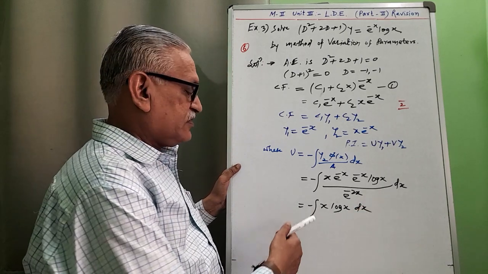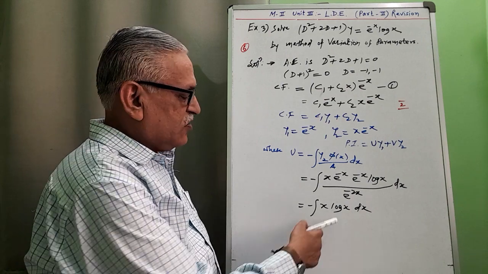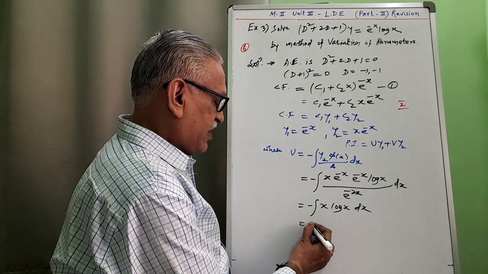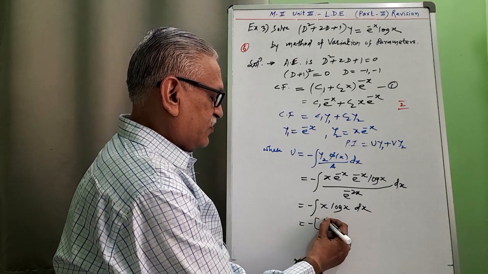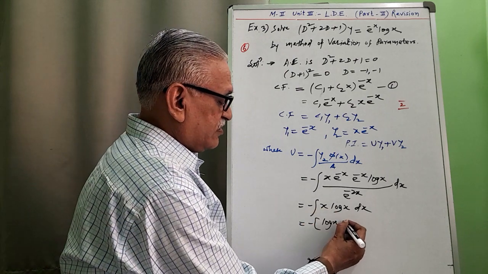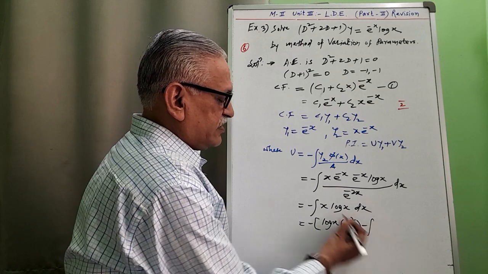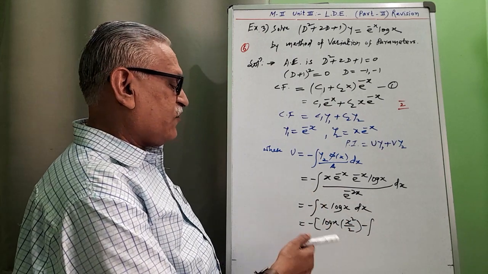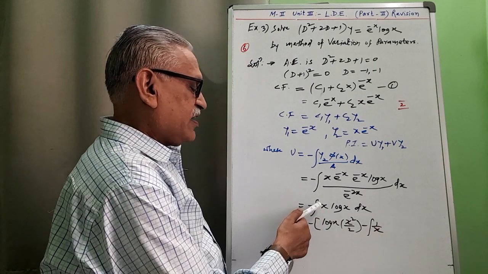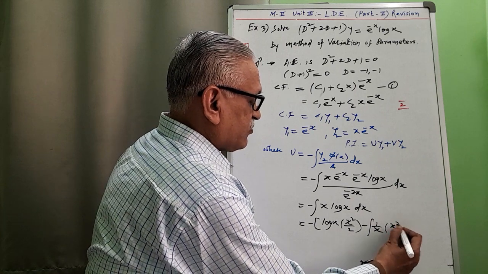Integrating it by parts. First function as log x, as per the LIT rule, log must be first and x as second. We get minus first term log x, integration of x is x square by 2, then minus integration of the derivative of first, derivative of log x is 1 by x, and again integration of x is x square by 2,